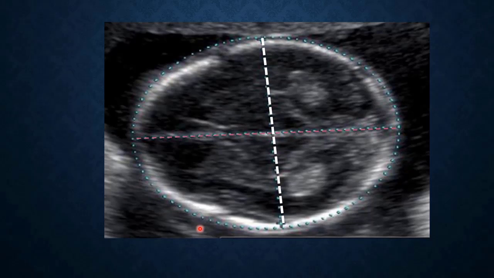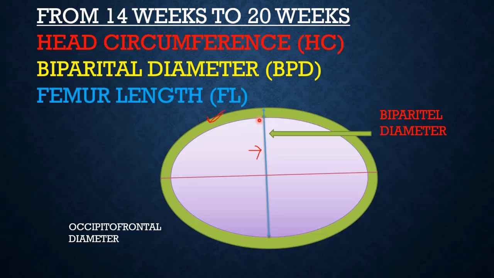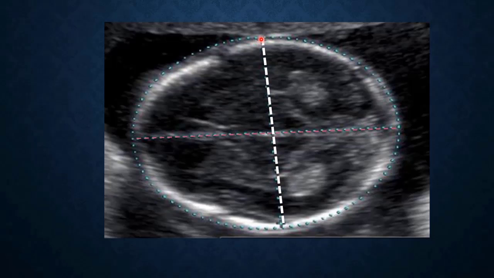So this sea green dotted line is the head circumference, and this white line is showing the width of the fetal head, that is the biparietal diameter. Mostly in our hospitals we use biparietal diameter to measure the gestational age of the fetus. So it is important that you start measuring from the outer table of the skull till the inner table of the skull. You will start drawing the line from the outer table till the inner edge or the inner table of the fetal skull, and then you will measure the biparietal diameter.